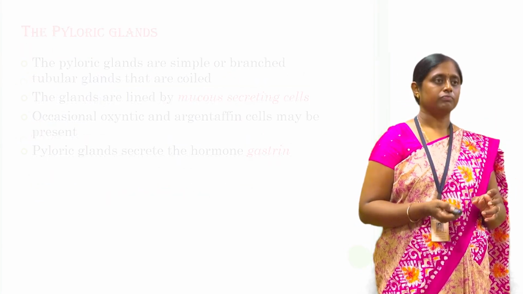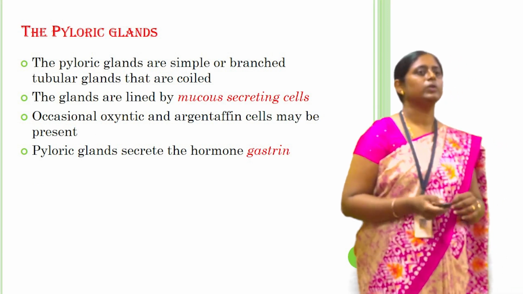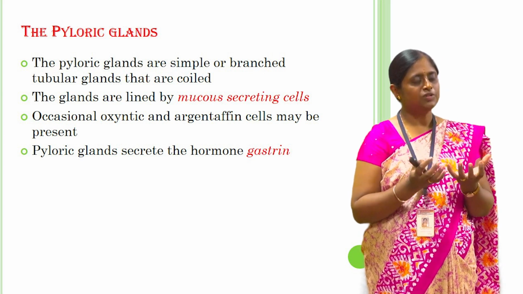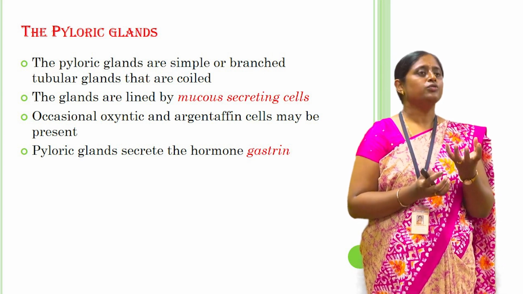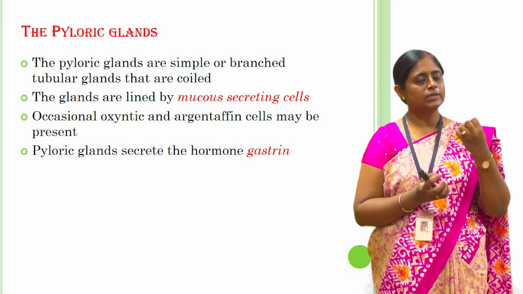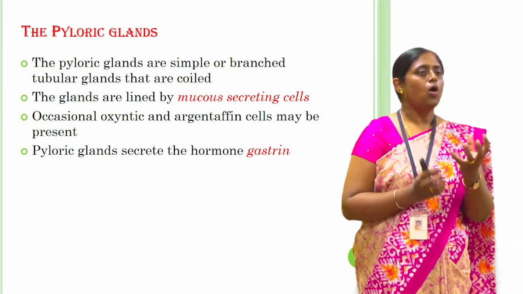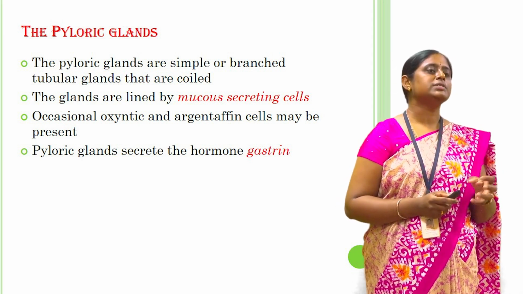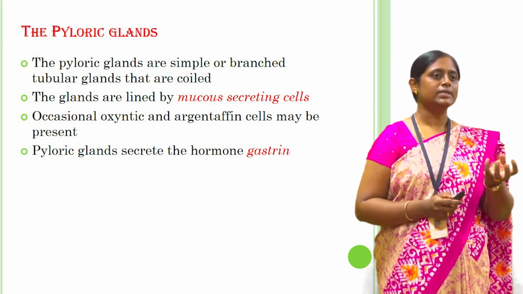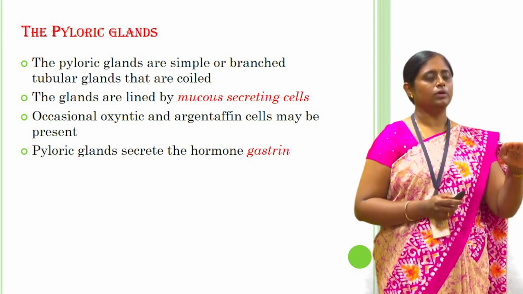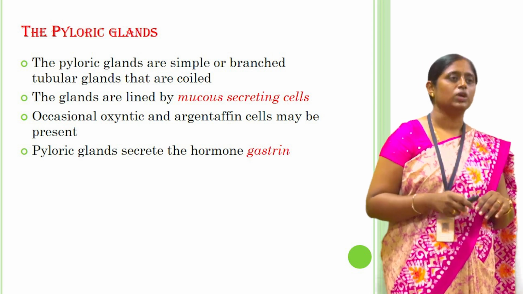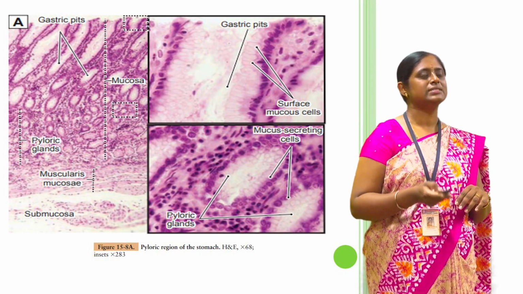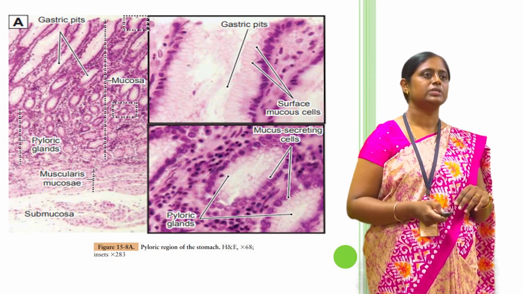And then come the pyloric glands. The pyloric glands are an arrangement of mucus secreting cells together for the secretion of mucus in that area. All those mucus secreting cells together form the pyloric gland, which helps in the formation of the mucus, which is helpful for prevention of the damage caused by acid attack. And these are the pyloric pits present next to the gastric pits.